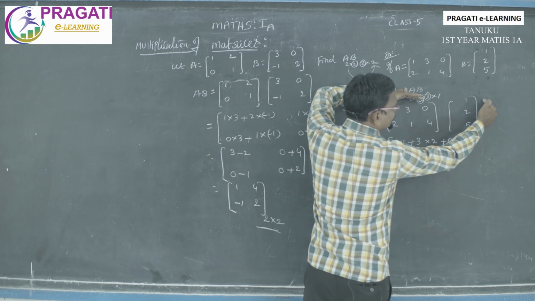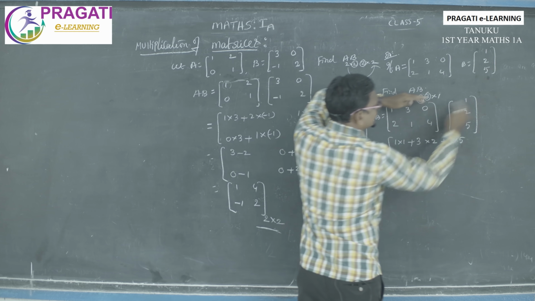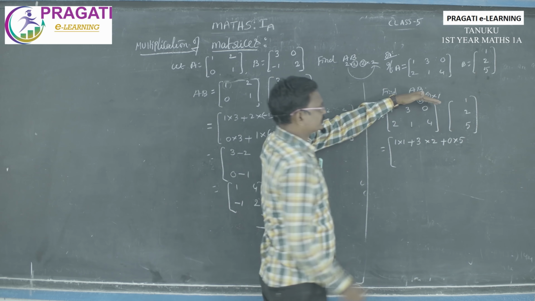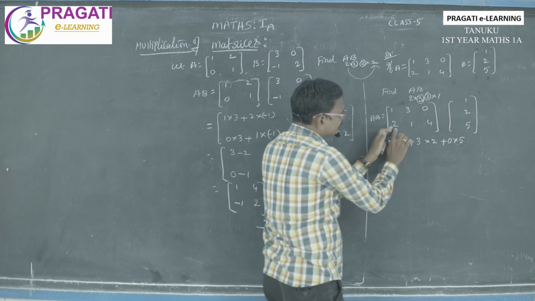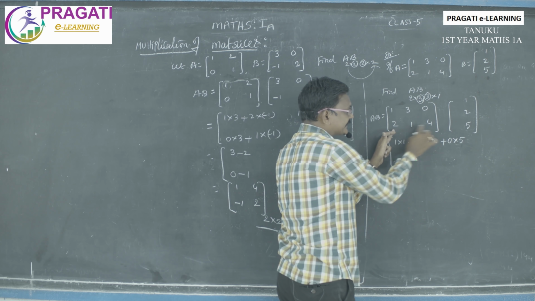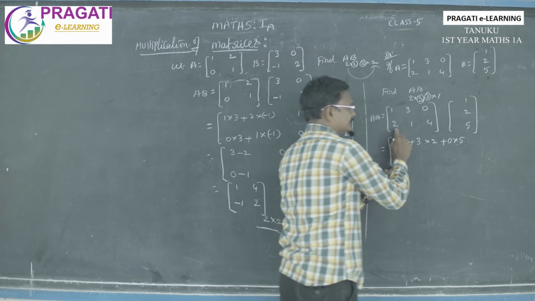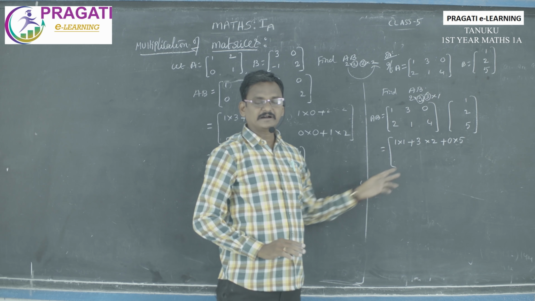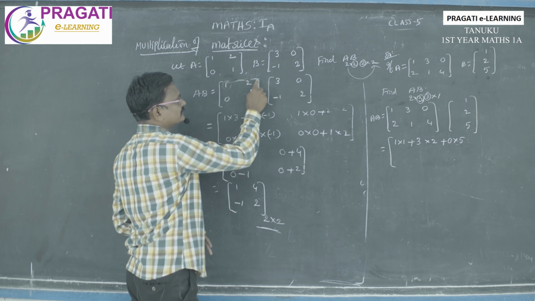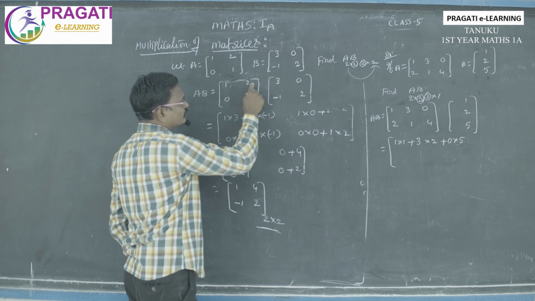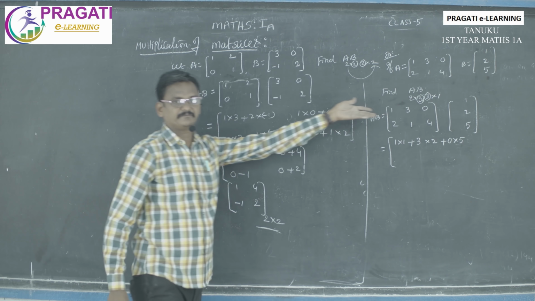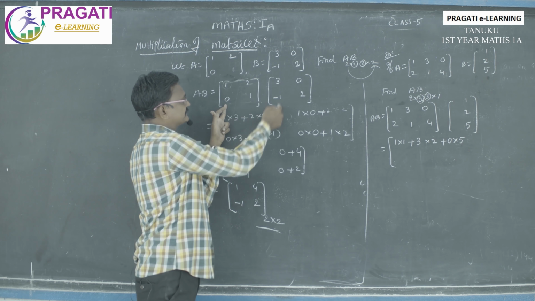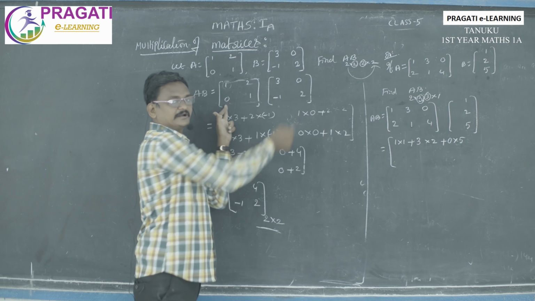Next, suppose if we have a second column, this row into the second column. But there is no other column. First row, first column is over. Now start with the second row. Start with the second row means we have to write here: second row and first column. Are you following properly? Always start with row, column. Again row with the second column, but there is no second column. Now start with the second row. There also the same process: second row, first column; second row, second column.